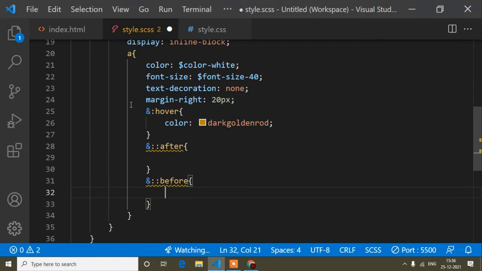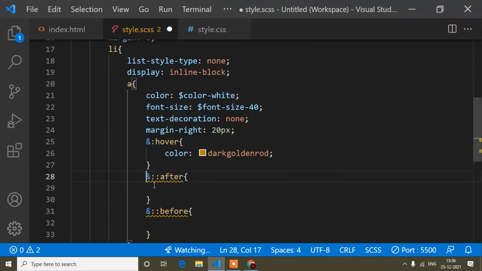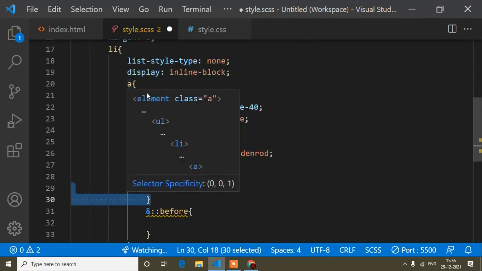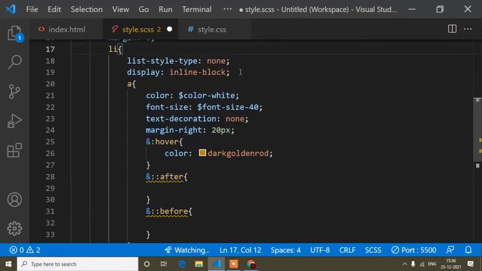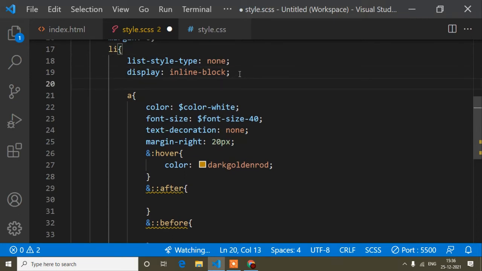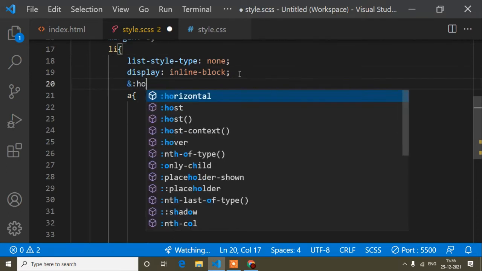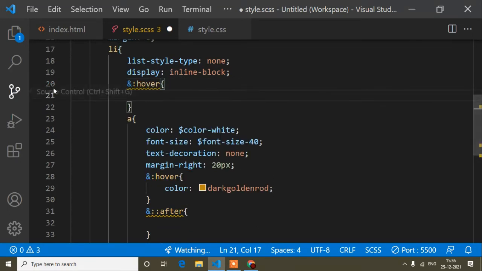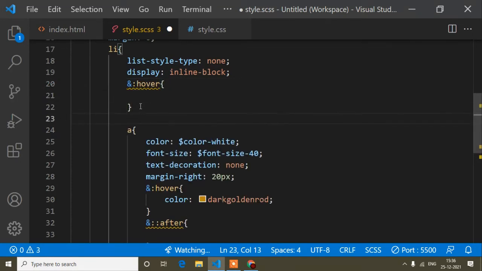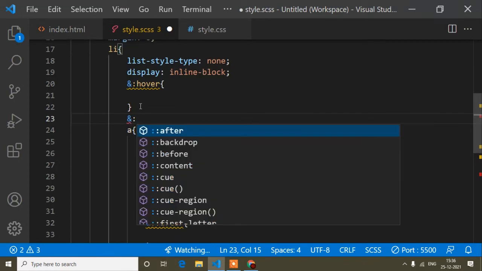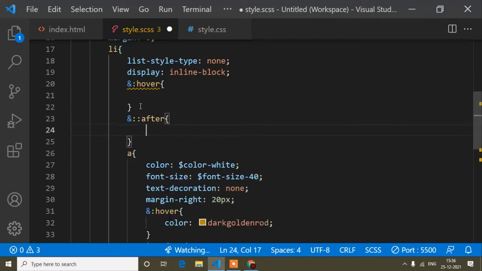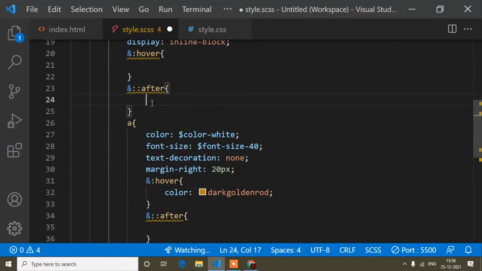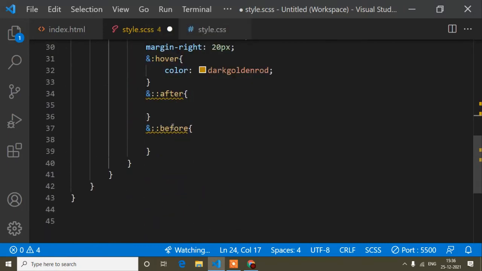And suppose you want to add not in the anchor tag but in the li tag, so you can use this li tag. If you want to add hover in a li tag, you can add hover here. If you want to add an after tag in li tag, at that time you can add the after tag here like this. Okay, this is the structure of SCSS.